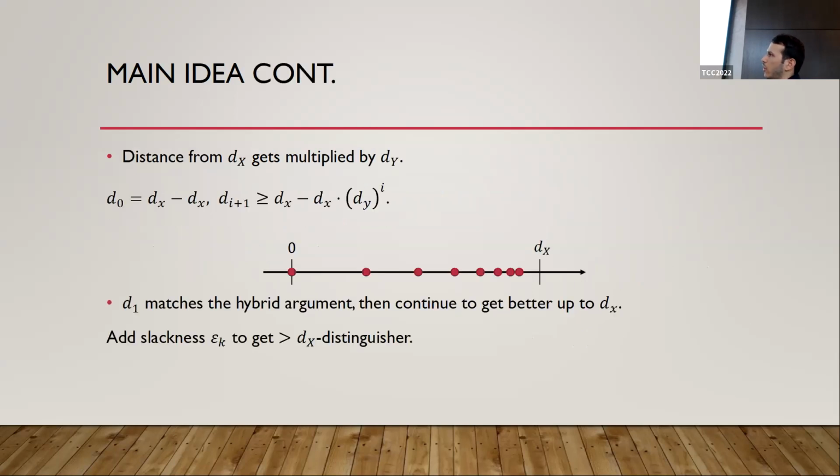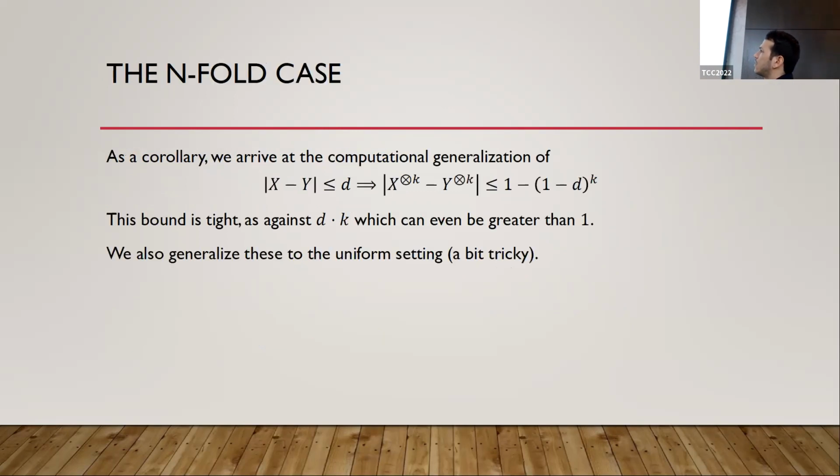Okay, so this is just a drawing to demonstrate that, right? We start from 0, and we keep multiplying the distance by dy. So we get very close to dx, and for the difference, we have to pay with some slackness. So the more time we put in, the closer we are to dx, the less slackness we have to pay. And the last slide,